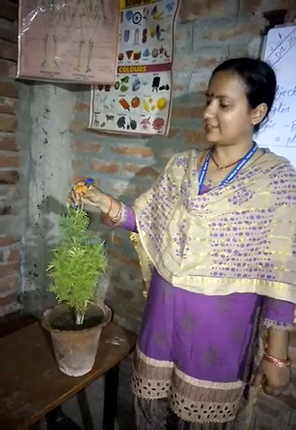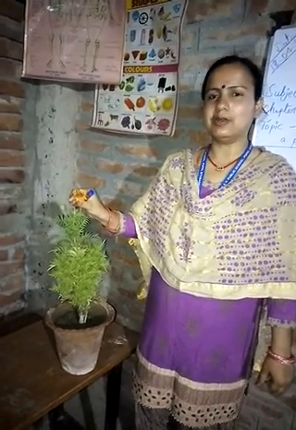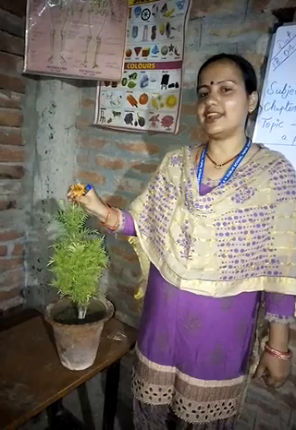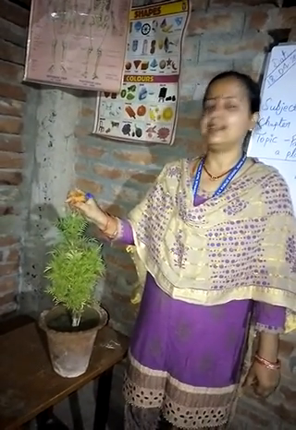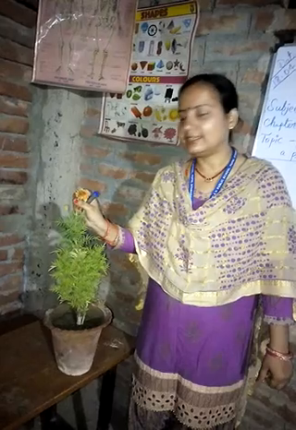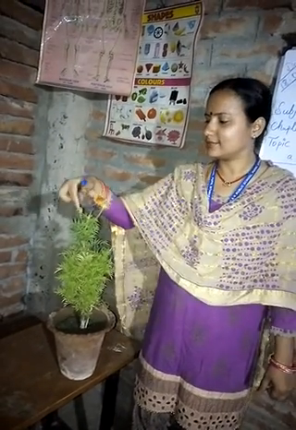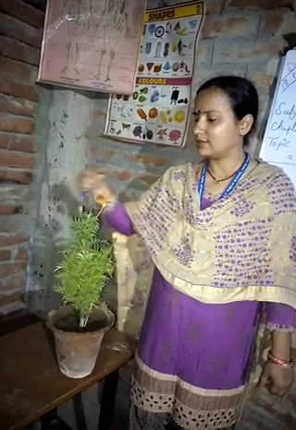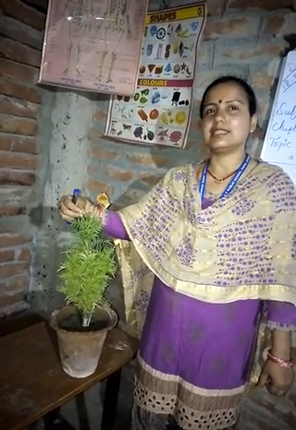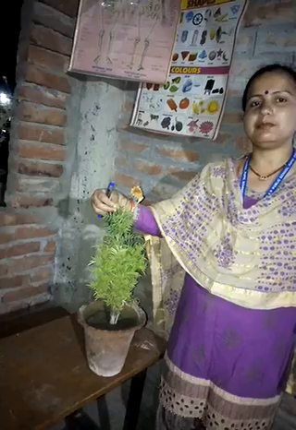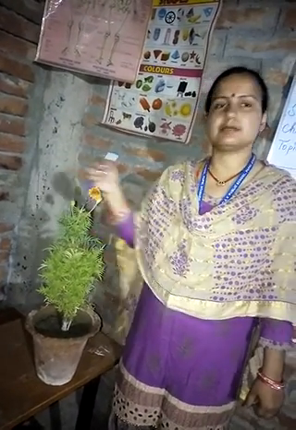Here you can see the most beautiful and colorful part of a plant. What is it? You all are aware of it. Okay, it is a flower. And what about these two structures? These are buds. They are just baby flowers.